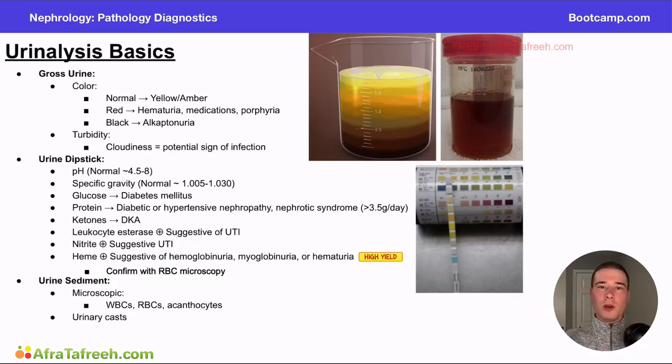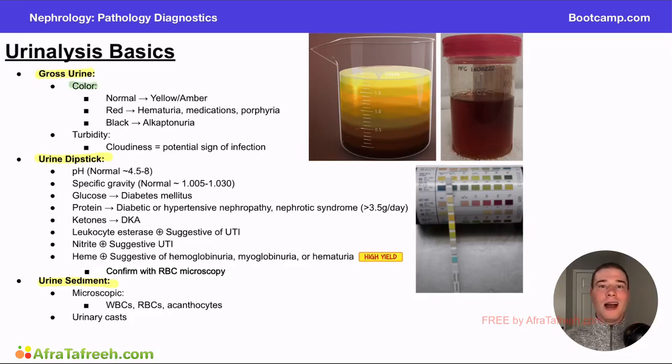is. So the three ones that we're going to focus on here include the gross urine, which is essentially saying urine that we don't need a microscope to see. So the macroscopic view of urine, so what we see when we look at it with our eyes. We're also going to focus on the urine dipstick, and then we're going to round it out with the urine sediment. So first, if you're seeing someone's urine sample, the first thing you might notice is the color of the